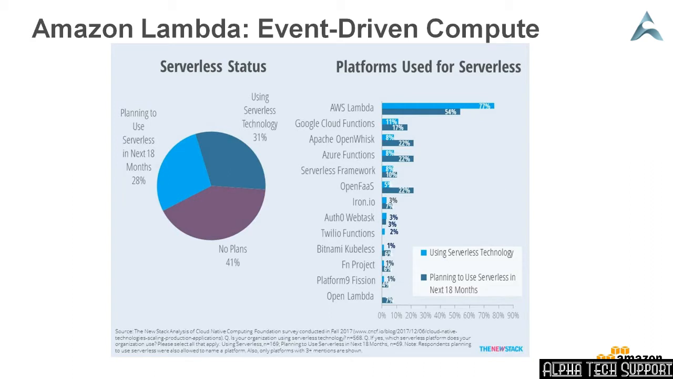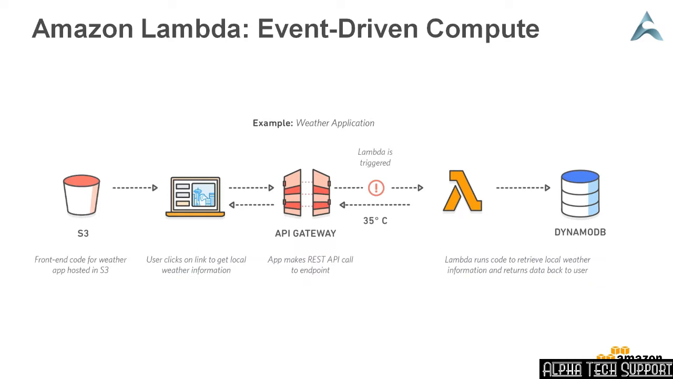Let's take some examples. For example, if we are willing to build a weather application, how can we do so? In our weather application, we need to be notified by the weather. We first need to create an S3 bucket for the front-end code of the weather app hosted in S3. The data and the code reside in the S3 bucket, the object storage on AWS Cloud,